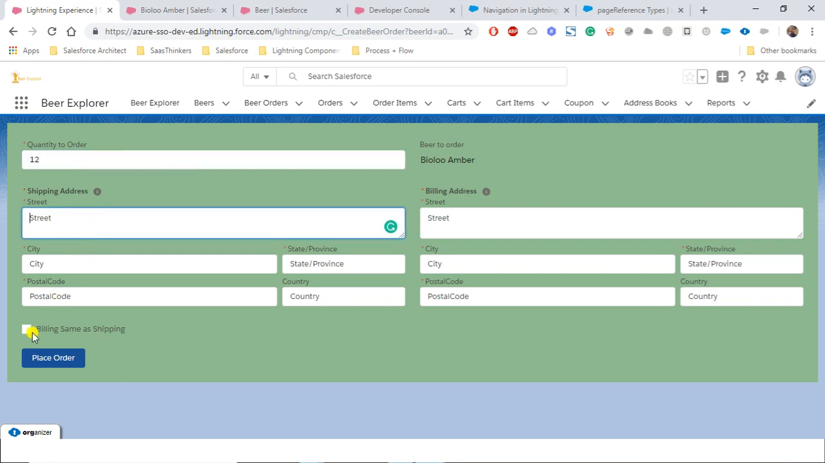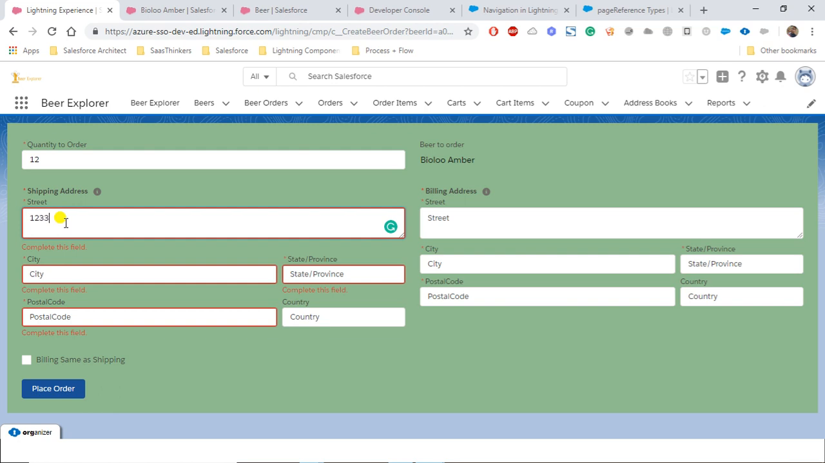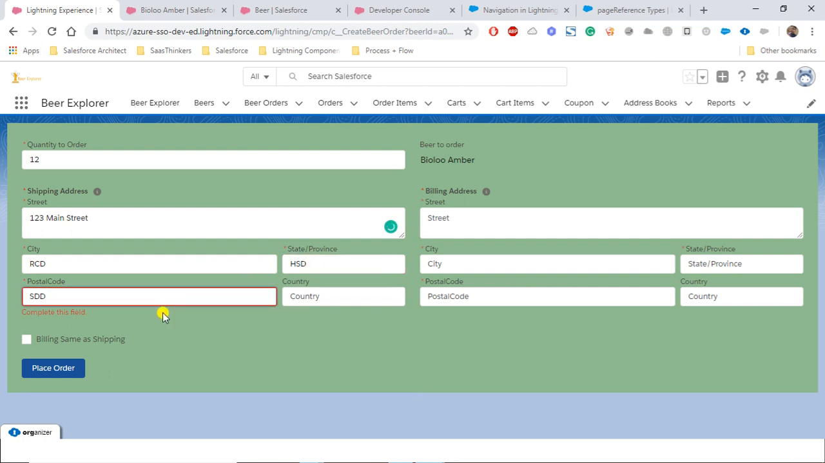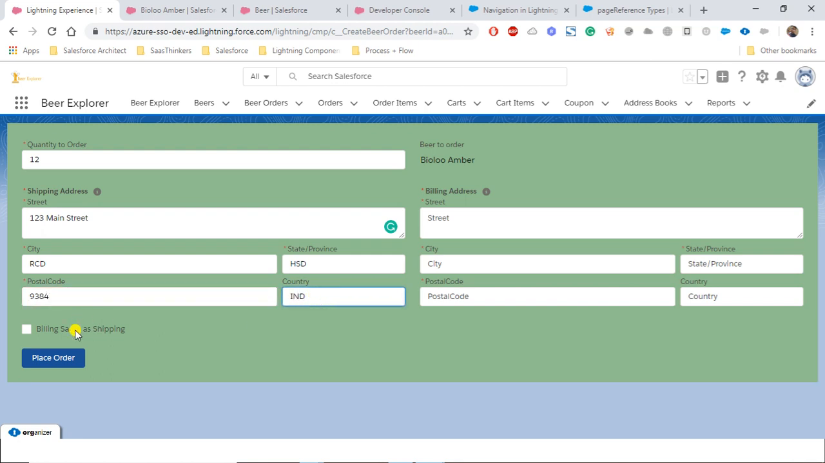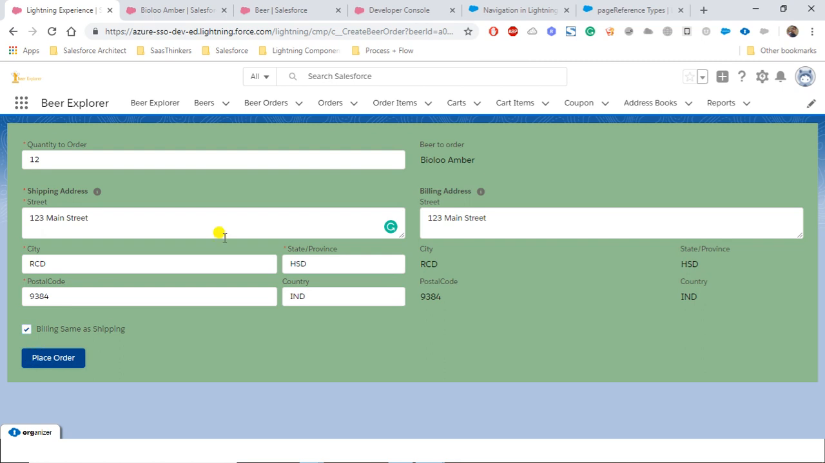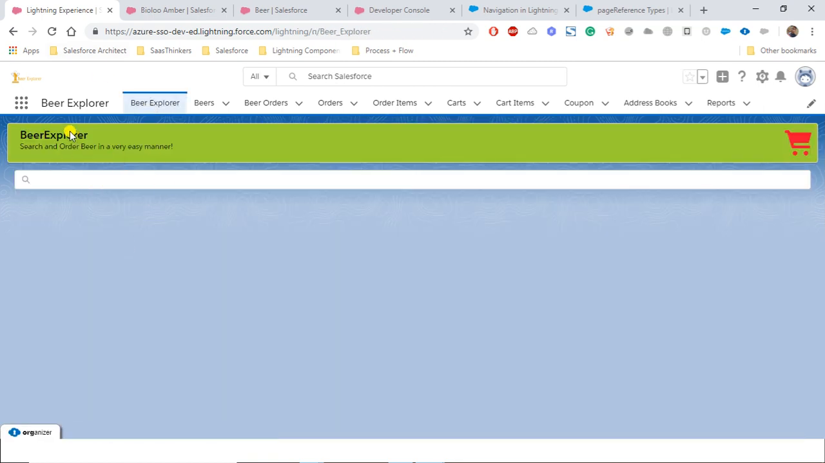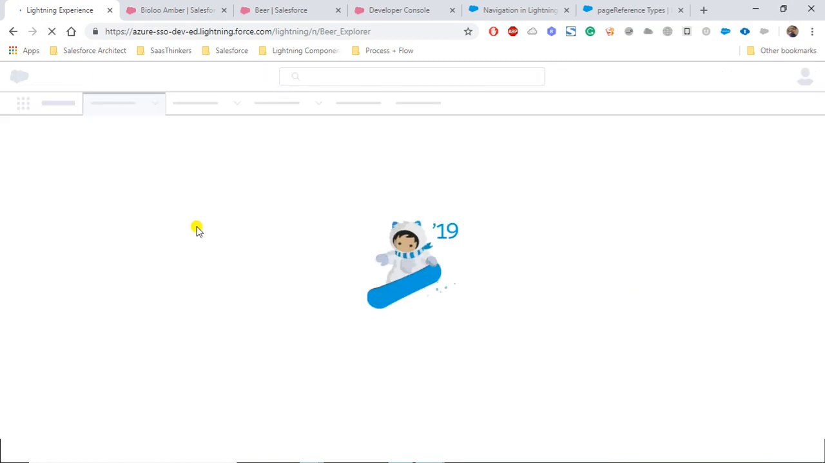You can select the address here, 123 Main Street, or you can also modify this, as per the code we created for the shopping cart functionality. If you click on place order, it will place the order and take you to the order detail page. And now if you go back to the Explorer, refresh this page,